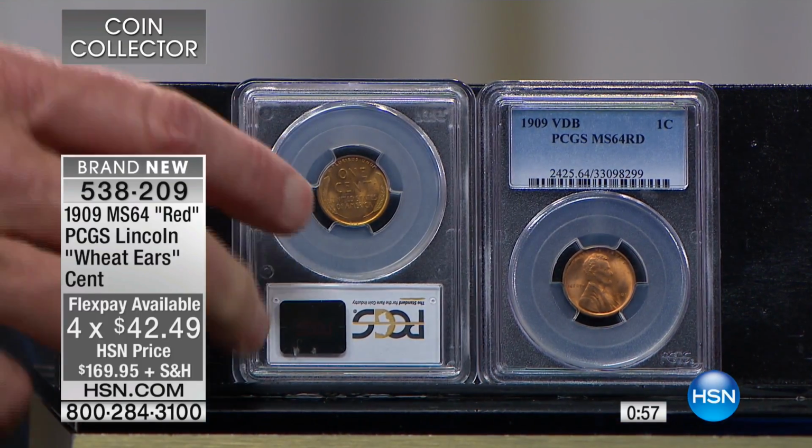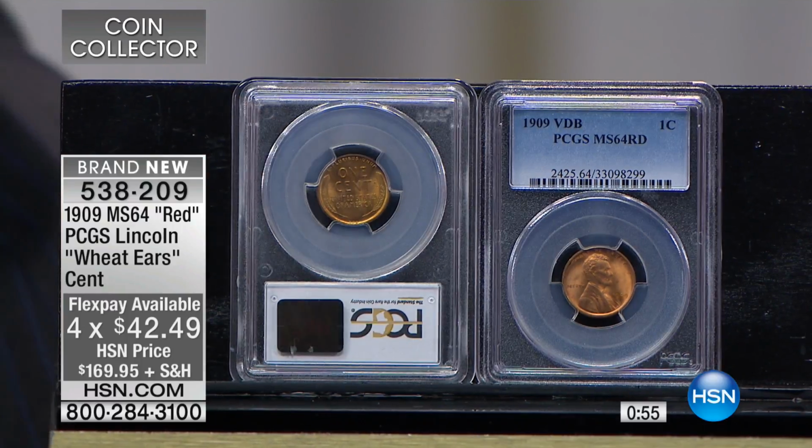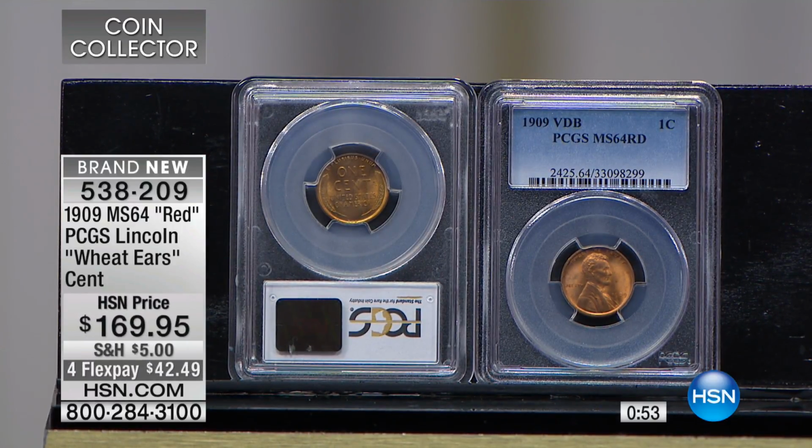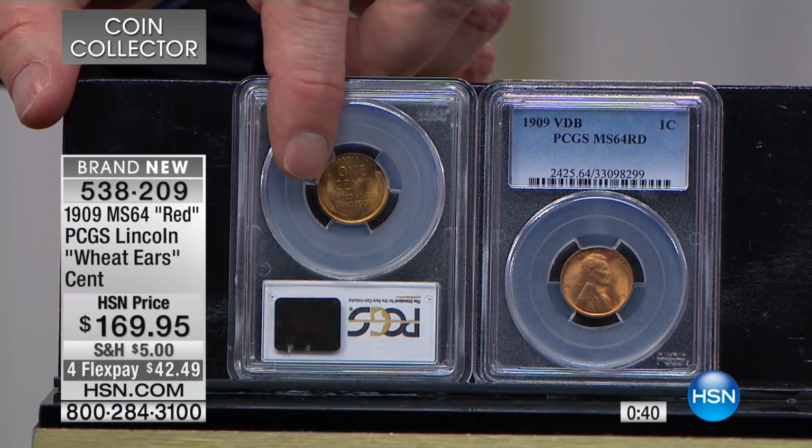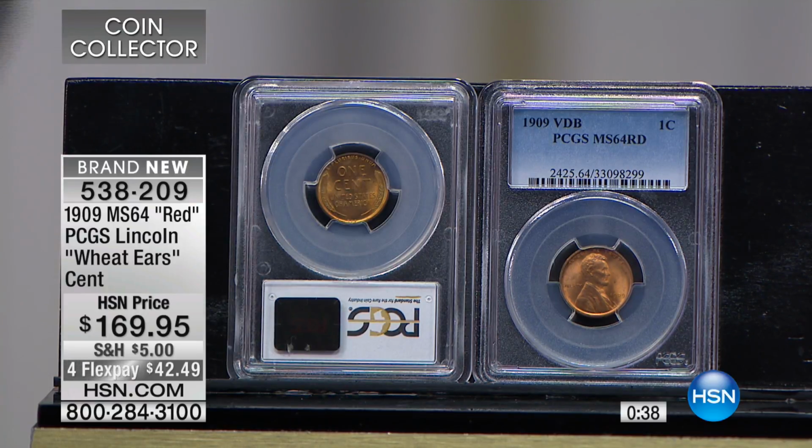They made the last one 55 years ago. So this coin, literally well over 100 years old, in original, choice brilliant uncirculated condition, Mint State 64 red, certified, allows you to own this phenomenal piece of American history. Now, this was done in 1909 originally, so